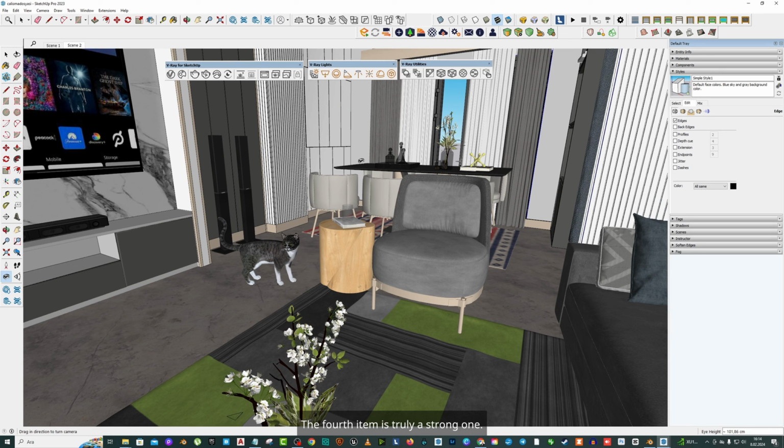The fourth item is truly a strong one. After this item is finished, in our next section, we will move on to the individual part, starting with individual menus. Friends, we will learn here how we should approach the stage and how we should look at the stage,